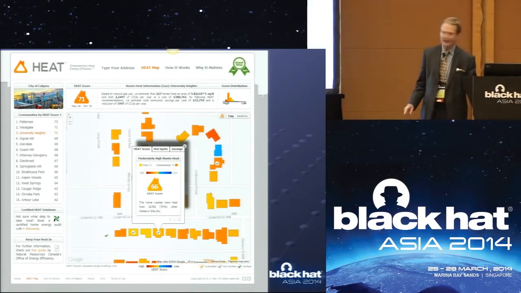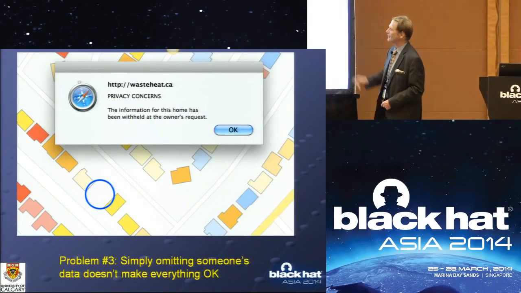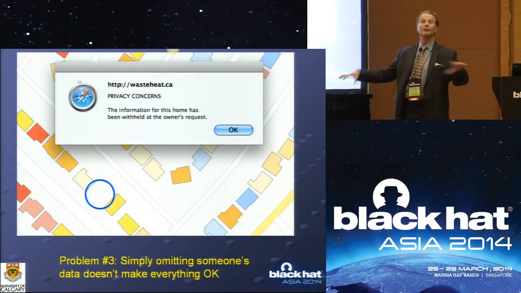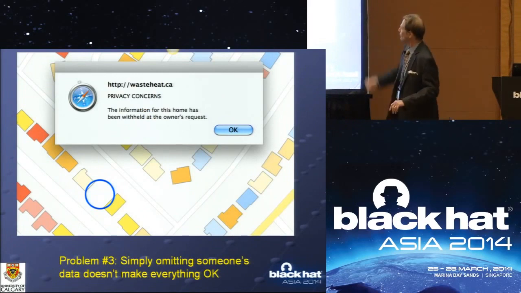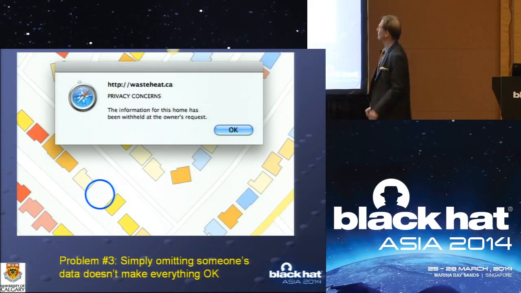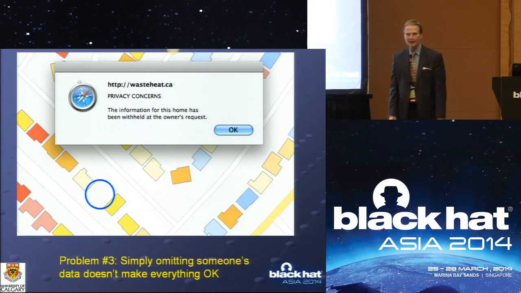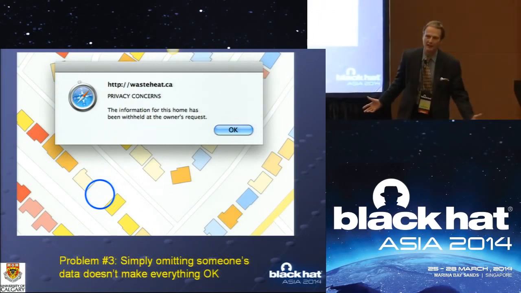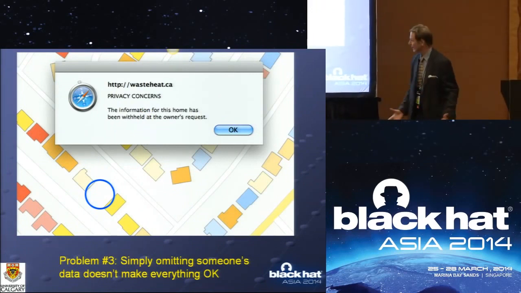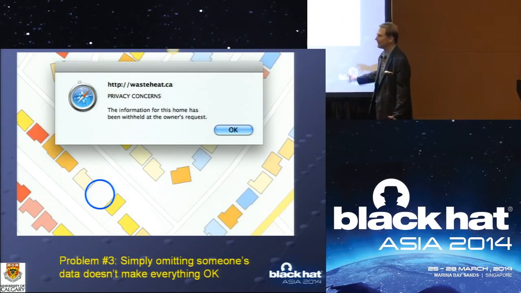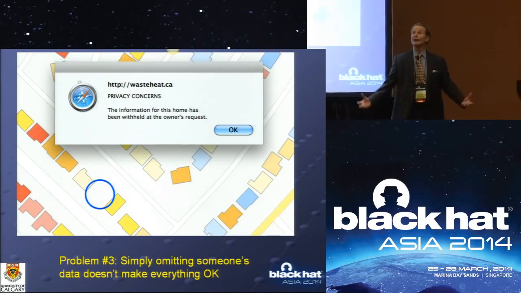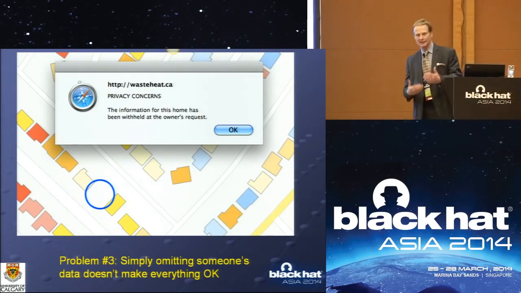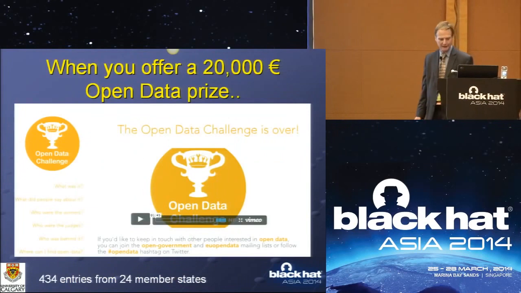So he said, well, it's okay because I have this special provision. If somebody wants to opt out of my system, even though I flew over his house, I can just omit his house and say, this home has been withheld at the owner's request. Well, that is an express map for the police to go there because something is really fishy. And the reason I show you this example is to say that sometimes just omitting somebody's data really doesn't do any good. In fact, it points the finger at them. So there's a lot of subtlety to this. That's why it's such an interesting field.